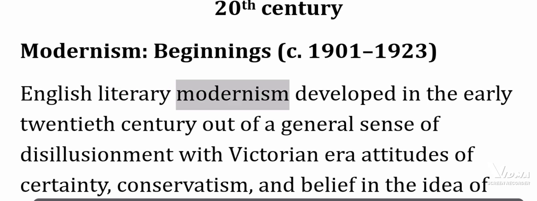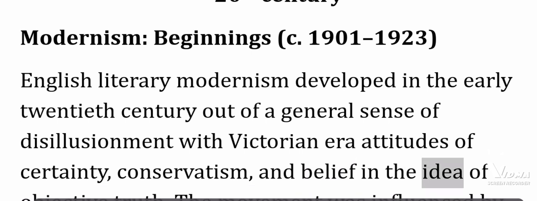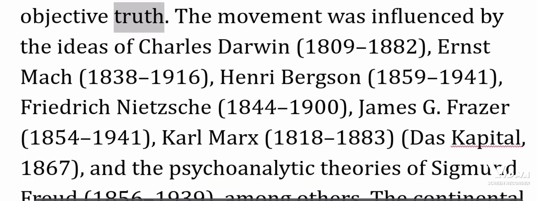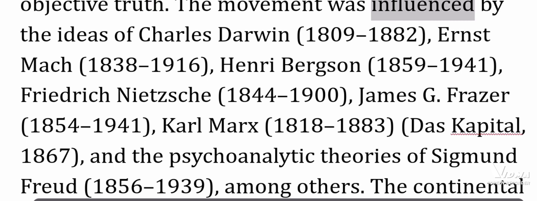English literary modernism developed in the early 20th century out of a general sense of disillusionment with Victorian-era attitudes of certainty, conservatism, and belief in the idea of objective truth. The movement was influenced by the ideas of Charles Darwin, 1809 to 1882, Ernst Mach, 1838 to 1916, Henri Bergson,